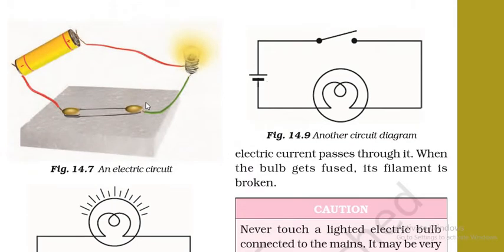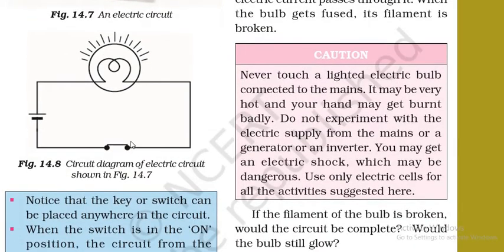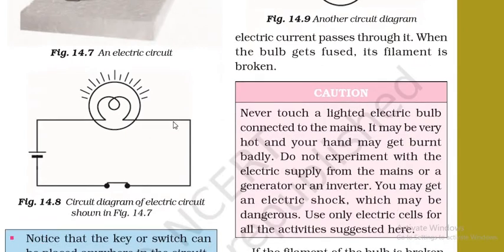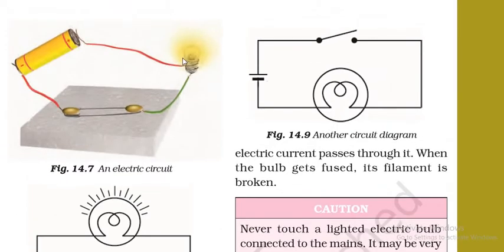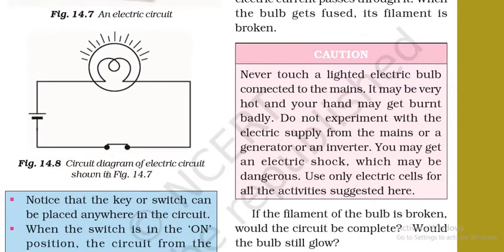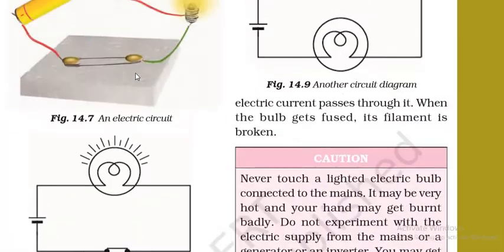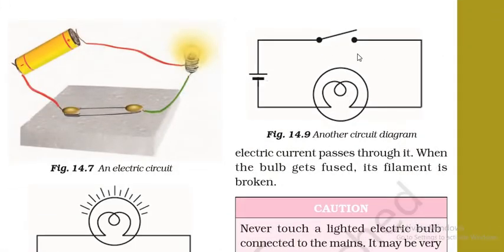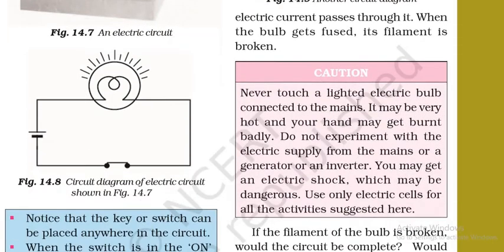Now children, this is an electric circuit, and this is a circuit diagram of the electric circuit that is shown here. Now what is a circuit diagram? A circuit diagram represents the flow of an electric current, or how the circuit is working, with the help of the symbols that we studied earlier. So here you can see the bulb is glowing, the circuit is complete, the switch is in on position. Here also a cell is present, the switch is in on position, and the bulb is glowing. So this is the symbol for a glowing bulb. Now a circuit which is in off position will be shown by this diagram. You can see the switch is off and the bulb is not glowing.